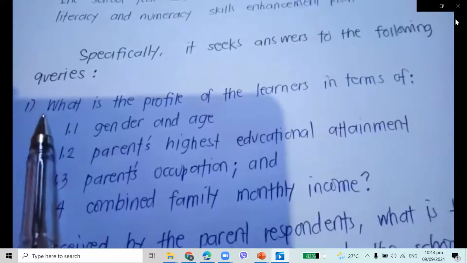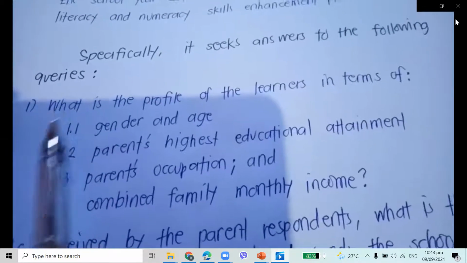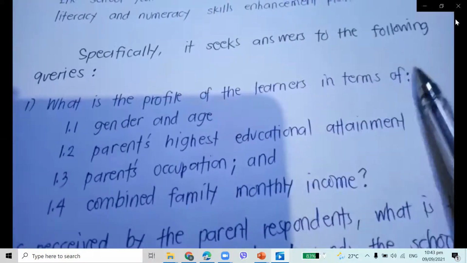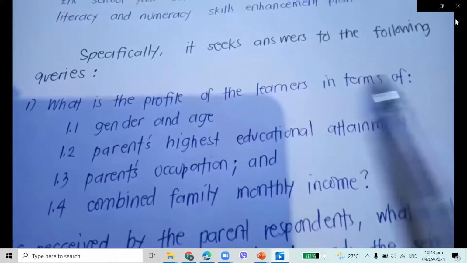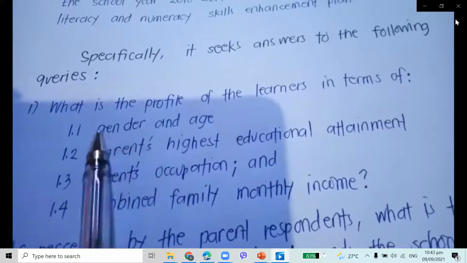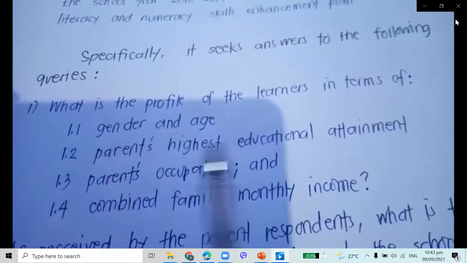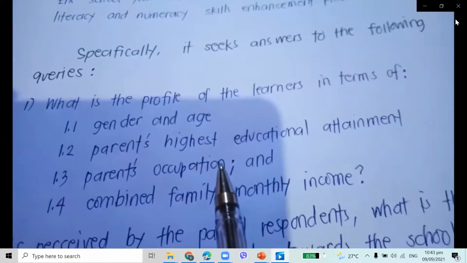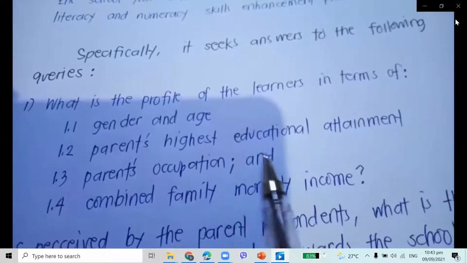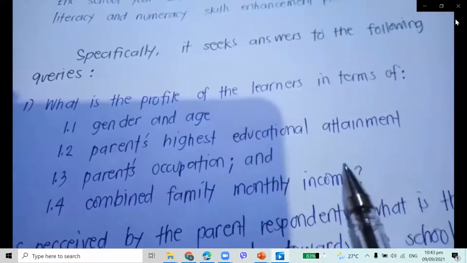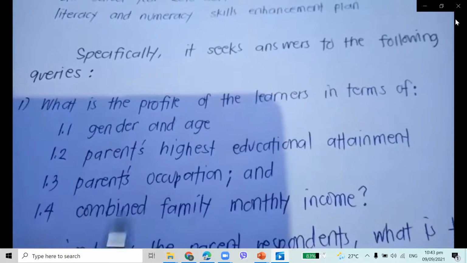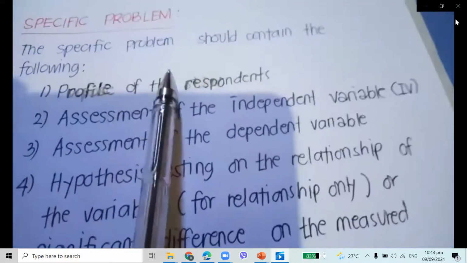Again, as you can notice, you have there "what is the profile of the learners in terms of," so you make use of a colon, right? And then you enumerate all the possible profiles of your respondents. In the second to the last, you should have a semicolon and then the word "and," and your question mark should be at the end of the last profile, okay? Now the second inclusion